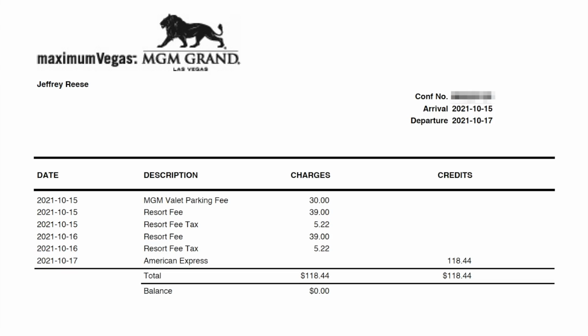So here's a picture of my actual receipt from the buffet. We had a breakfast for 2 people. It was $36.99 per person plus tax, so $80.18 all in. But here's a copy of my folio with a line-by-line breakdown of all the room charges. So I had the valet parking fee, the resort fees, taxes, etc., but nowhere did I see the $80.18 for